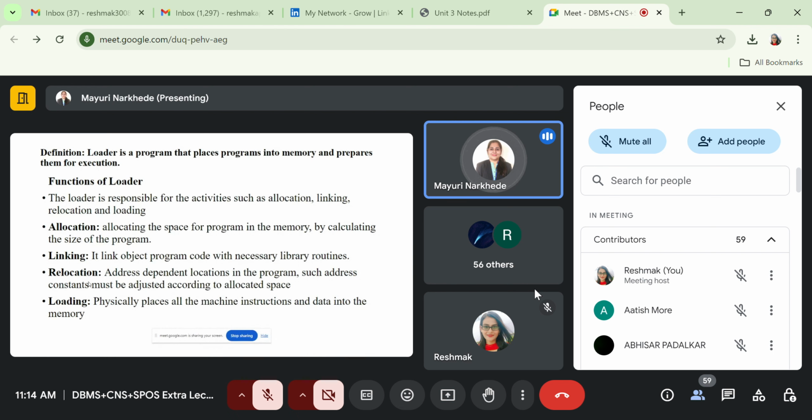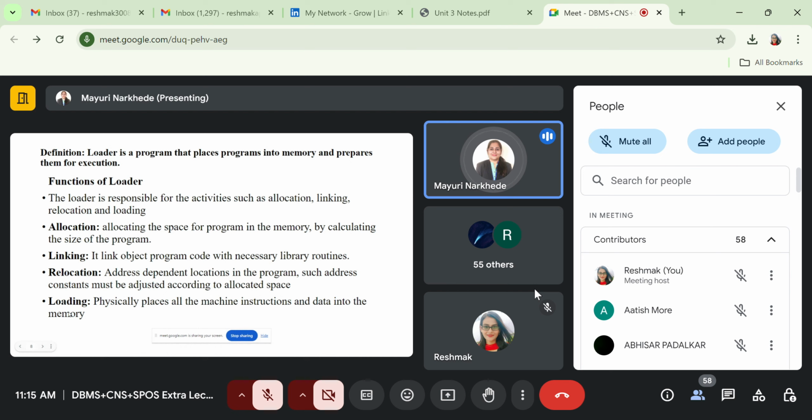Okay, so what does the loader need to do? Now the loader needs to check whether that size of memory is available in the main memory or not. According to that, the loader needs to make some changes or relocate that program in the main memory, right? That is the function of relocation. Next is what? Loading. Loading is the actual physical loading. Okay. What does the loader do now?